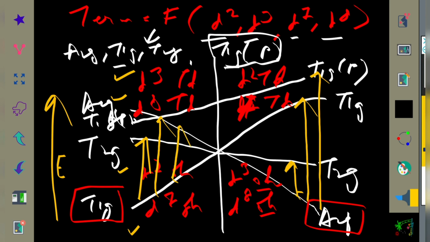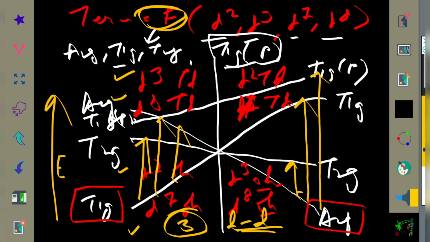Okay, so basically three transitions, that is you can say d-d transitions, can take place in the case of the F state. And for the D state only one transition will be possible, that will be from T2G to EG, or from EG to T2G, depending upon octahedral or the tetrahedral field, right? So I hope now it will be very easy for you to draw the Orgel diagram for any given configuration and to find out the ground state from there easily, and from there you can easily mention how many transitions are allowed or possible, and which type of transition could be possible, right? Okay, thank you so much.